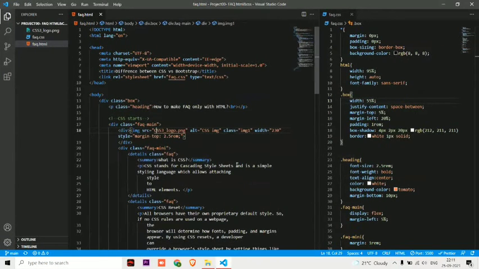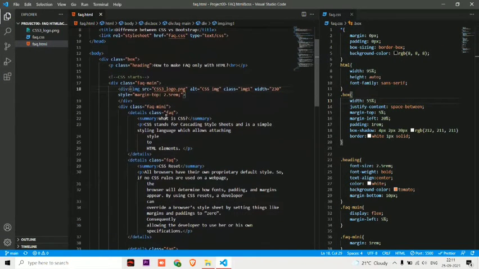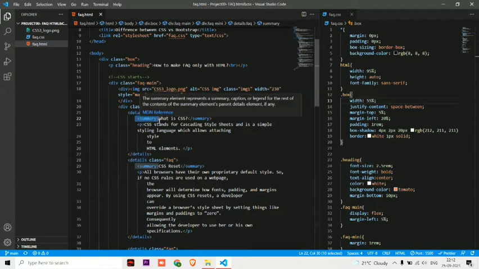Okay. So we will come down, and here you can see that I have taken one more div for FAQ, and inside that div I have taken the details. Here is the main part. Okay. So in HTML there is something called details tag or details element. So if you use details, then inside that you have to use summary tag, which you can see here. Okay. Nothing big deal, you can just type and it will come.